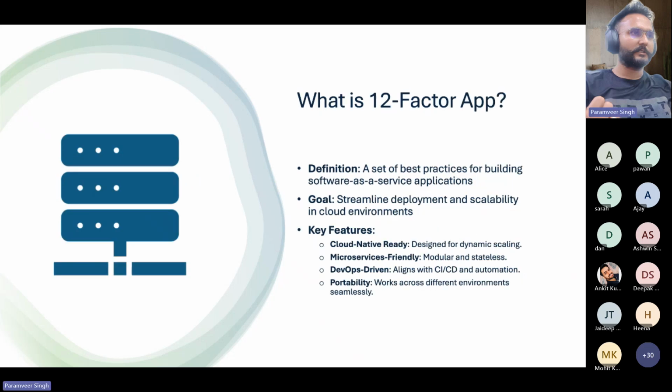The twelve-factor app is a set of principles that were laid down by developers at the Heroku team. Heroku, one of the cloud service providers, not quite as popular as compared to AWS or Azure, but they have been doing quite well in terms of how they are managing their services. They have laid out some set of principles that, if followed, can